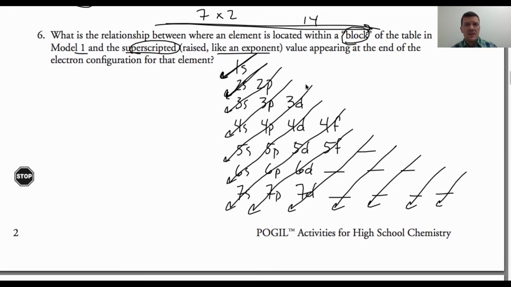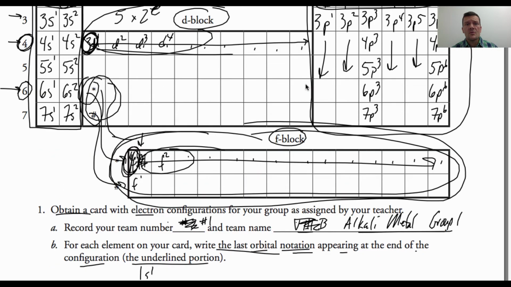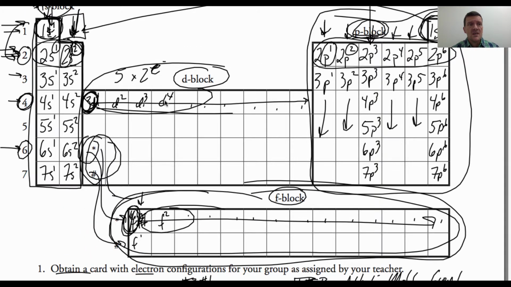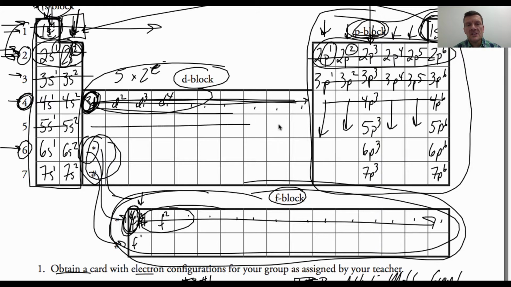Also, you can look at the periodic table. You always know the order in which they get filled because you just look at the periodic table. So 1s gets filled, then 2s, then 2p gets filled, then 3s, then 3p, then 4s, then 3d. Remember I told you the d, the energy level is always 1 less than the row number. 3d. The p block is always the same as the row number. 4p, 5s, 4d, 5p, 6s,